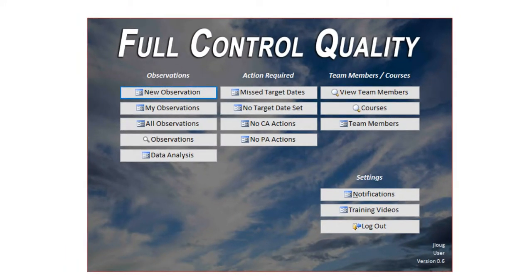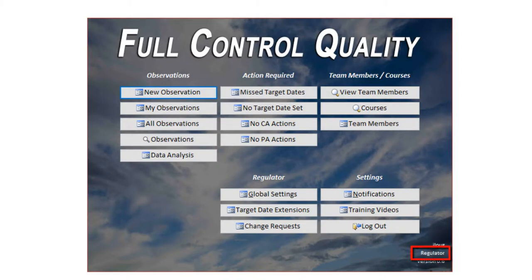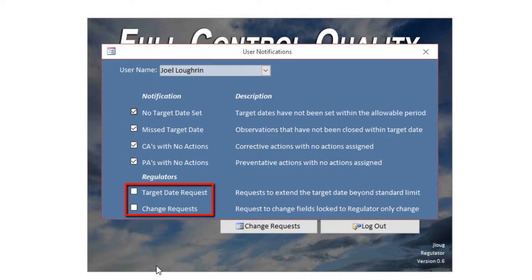Regulators and above have access to 2 more notifications. I will demonstrate that now. I'm now logged in as a regulator. You can see that down here in the right. And when I open the notifications form now, you will see that I have 2 additional checkboxes. These work the same as the 4 that I just showed you, with the exception of only regulators have access